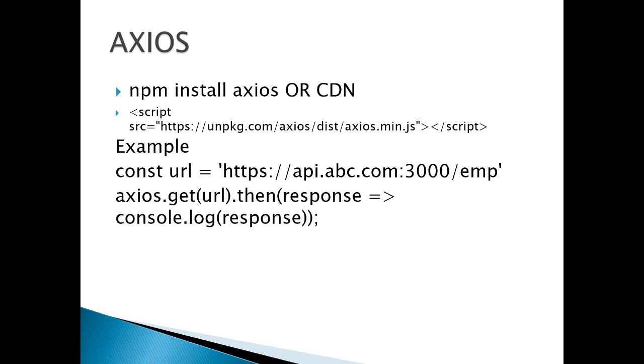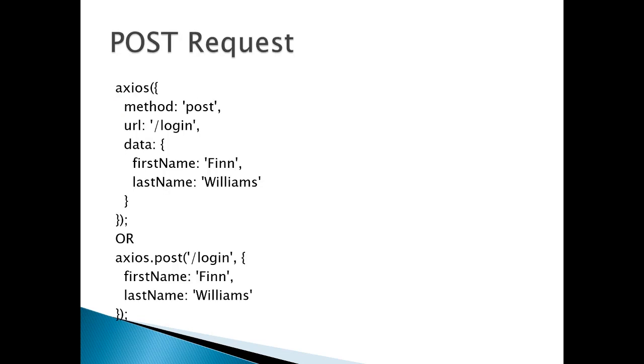So in it, what we will do, this is the URL of our application, axios.get. Now we are calling the URL, this API, and then on the response, by default it is a JSON response, so you don't need to convert that response into any other format. So you can console.log that response. So this is the simplest way in which Axios works. We will see the other mechanisms.